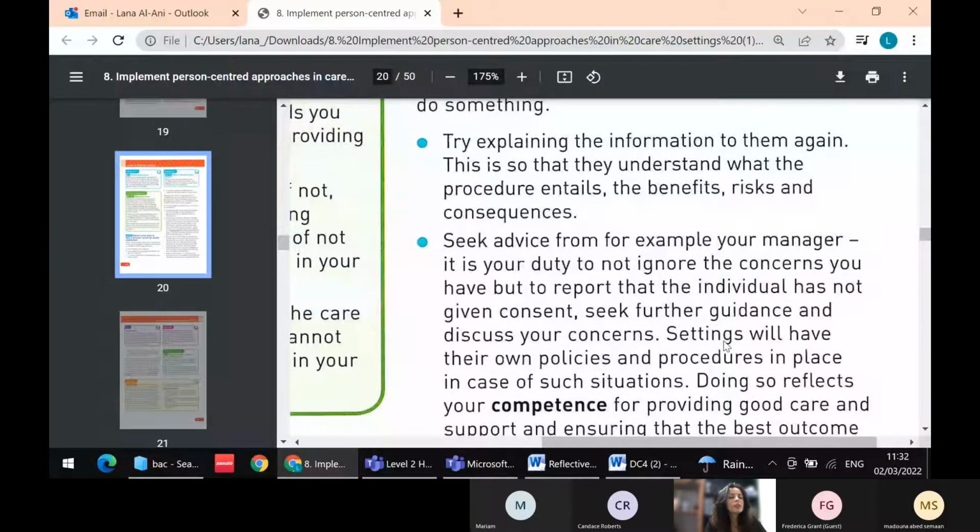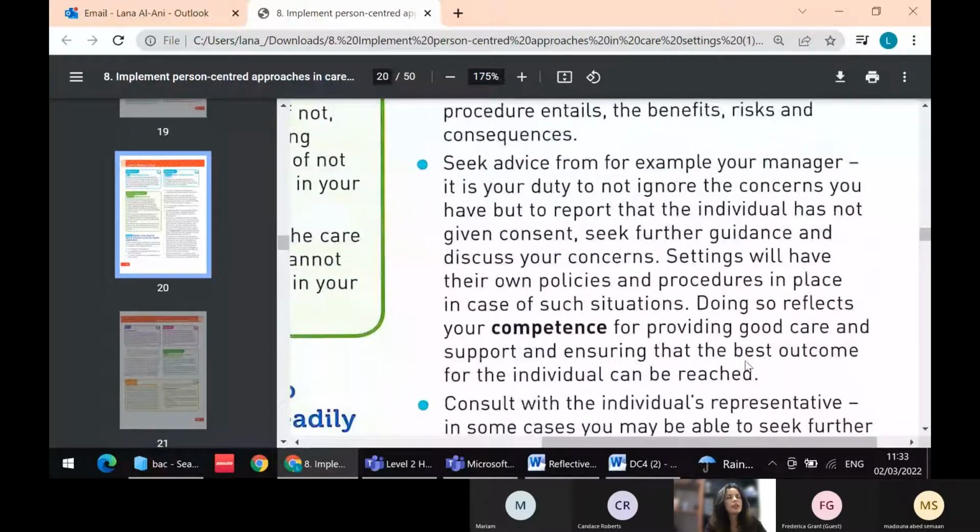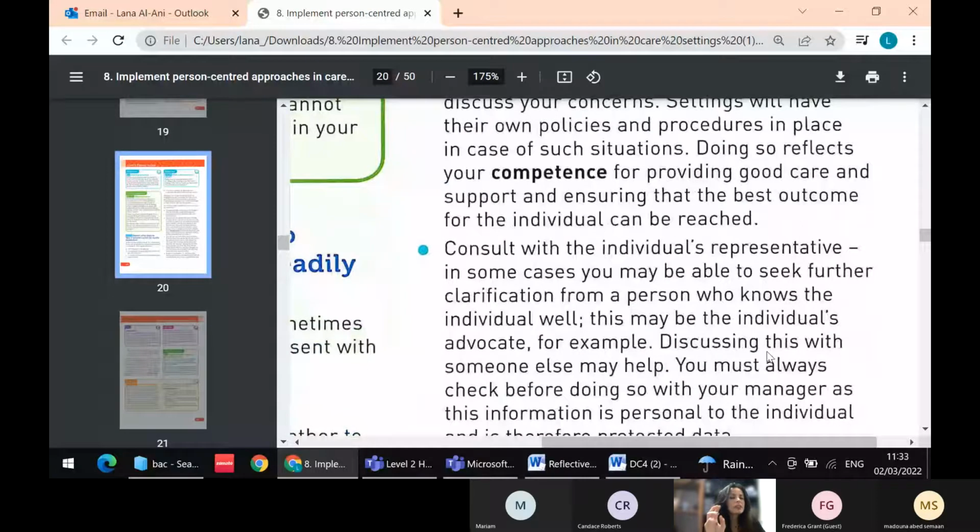You speak to the person, you seek further guidance. Also, you go to the policy and procedure to check what to do in this case, and you start following it. Why? Because this shows that you're competent in your work. And then if everything has happened, but still consent cannot be established, then you need to speak to your client's representative, maybe his advocate, if he's got one, or maybe his relatives. You need to speak to them and get some more information as to why this person is not